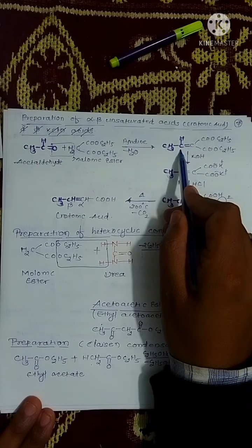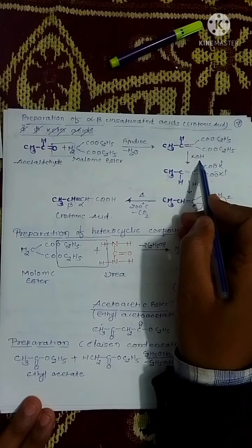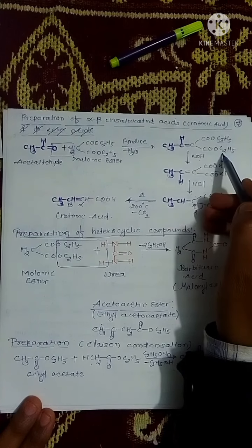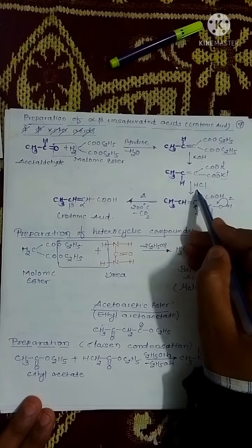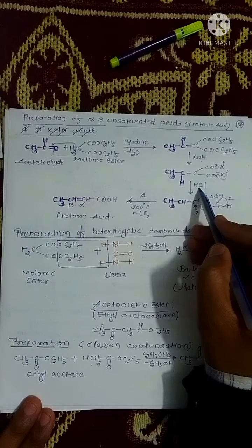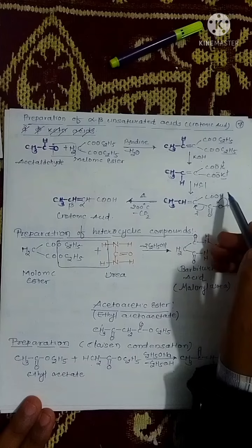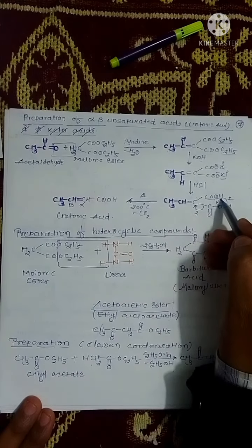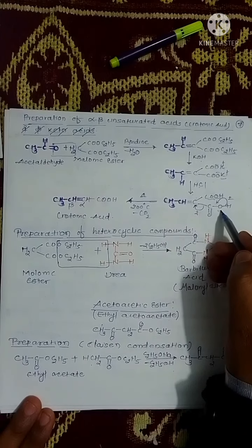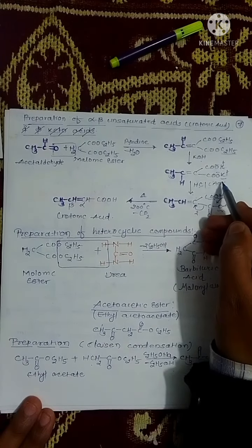Remember that the part of the structure which is written with the sketch pen comes from your acetaldehyde molecule. Then it is treated with KOH. So these C2H5 groups are replaced with potassium again. Then this salt is reacted with HCl, so K plus is replaced by hydrogen. So we get carboxylic groups here. It is known as the acidic hydrolysis step.